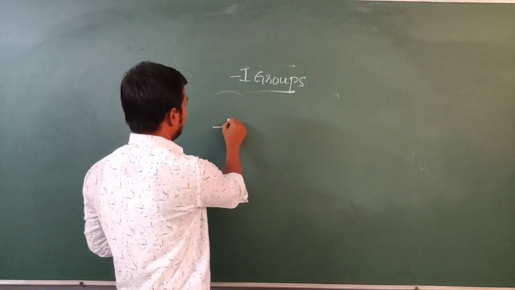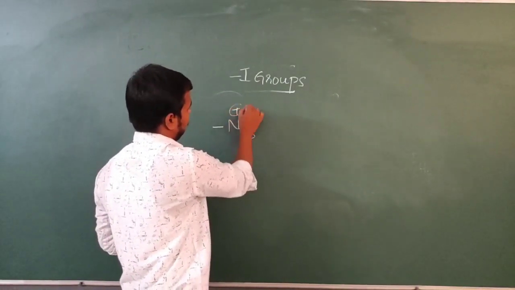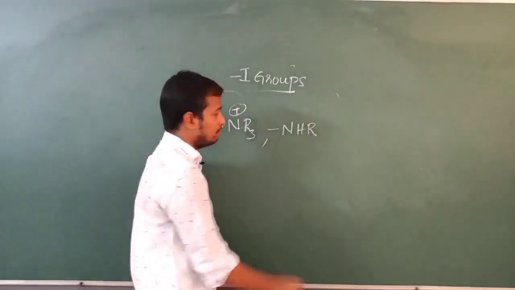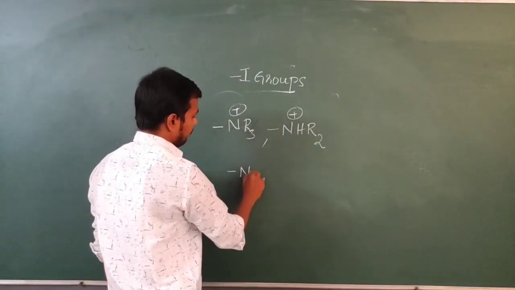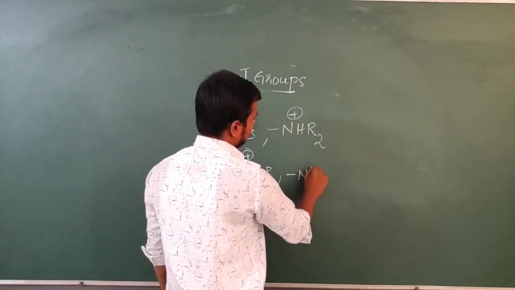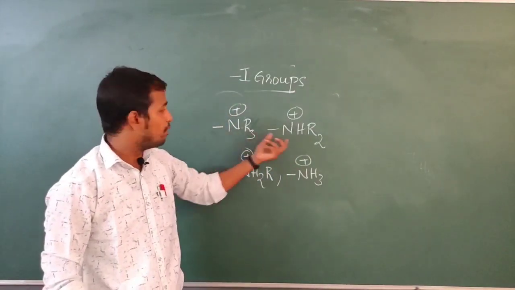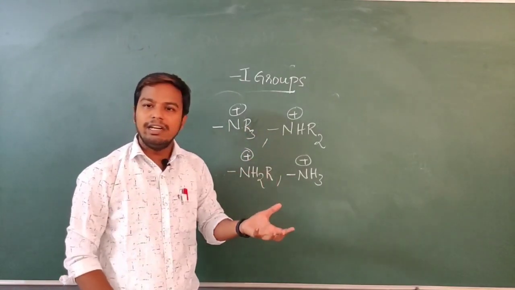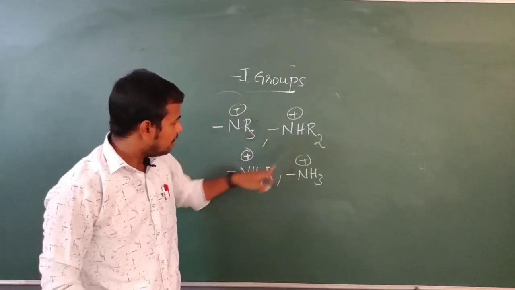So I am taking three amines here, that is NR3 plus. Another one, I am replacing one of the alkyl groups with a hydrogen atom, that is an amine with a positive charge. I am taking this species, and another species left over is ammonia. Everywhere you can see the nitrogen is with a positive charge. That means it is an electron deficient species. It has the ability to grab the electrons from the surrounding species. So we got all the four species here.